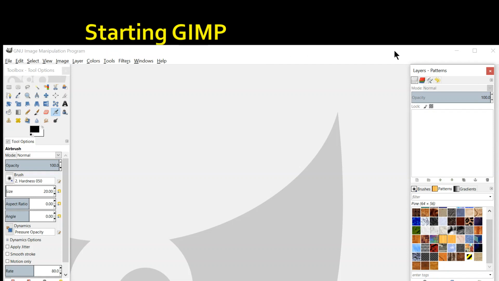The top bar is called the title bar. What is it called? Title bar. At the bottom of the title bar there is the menu bar, where various menus are there. File, edit, select, view, all these menus are there. Fine. Here you can see different tools are there. जिस भी tool को हम देखना चाहते हैं, just take your mouse pointer there. You can see rectangle select tool, ellipse select tool, free select tool.